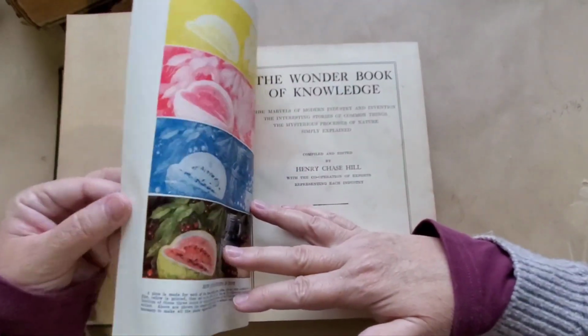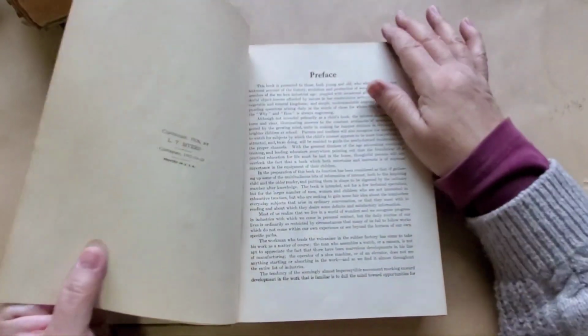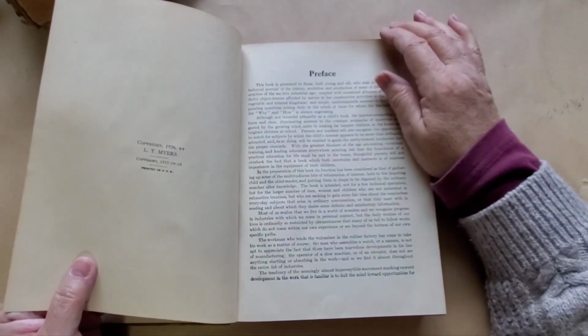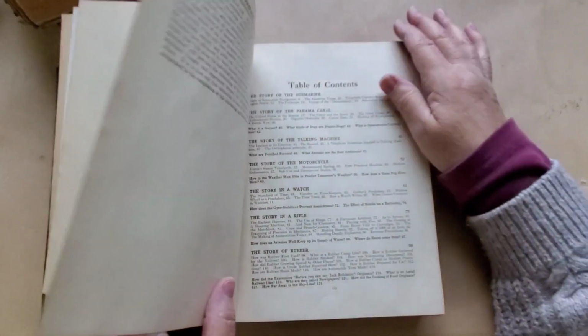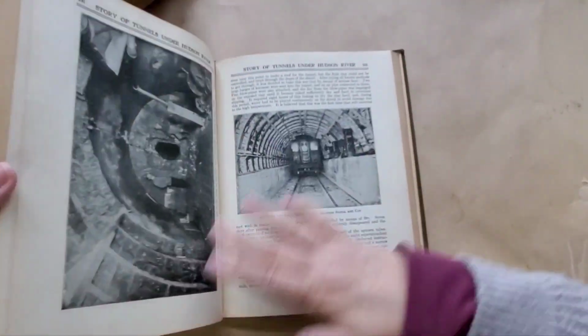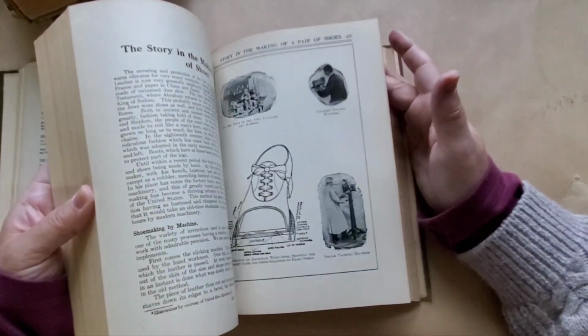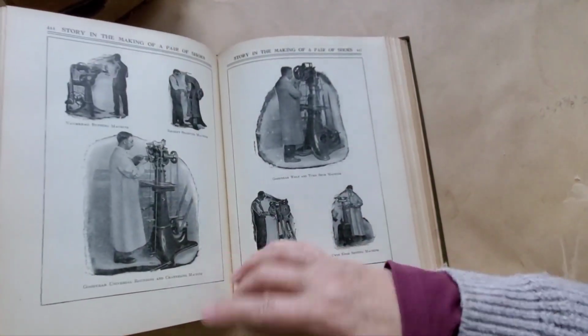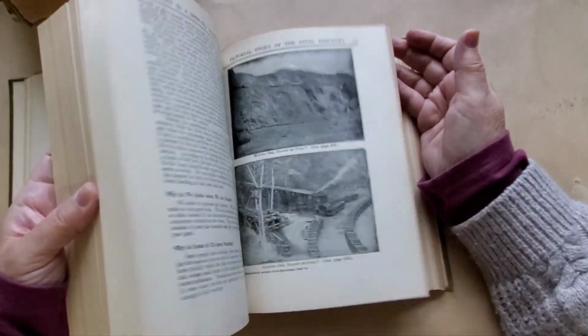I don't even know. I didn't even check the year. I just knew when I see the Book of Knowledge that there's going to be good illustrations inside it. 1926. That's lovely. Okay, I'll take that. And it will have a lot of photos, but cool photos. I mean, look at scientists and cameras and...